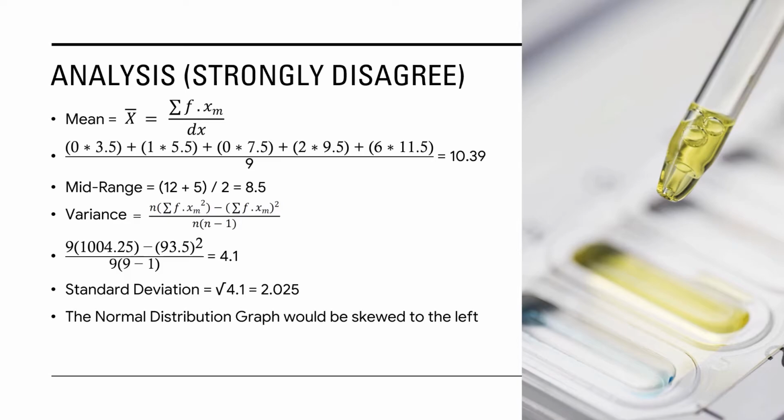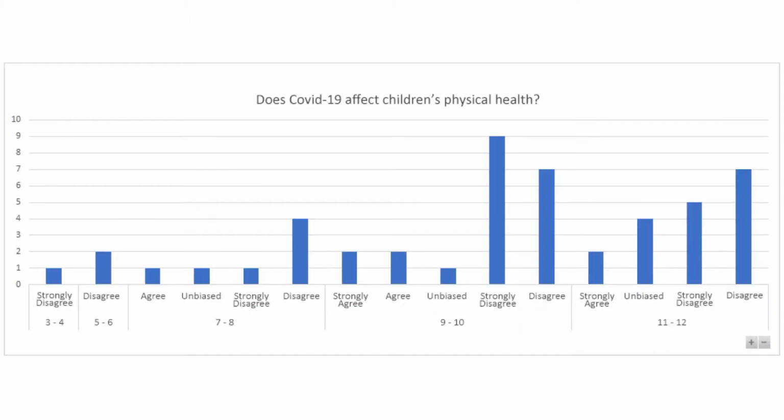So we found, using the same methods as the previous analysis, that the mean is 10.39, the mid-range is 8.5, the variance is 4.1, and the standard deviation is 2.025. And then we came to the same conclusion as the previous one, that the normal distribution graph would be skewed to the left. Coming to the fourth graph, we are asking the question